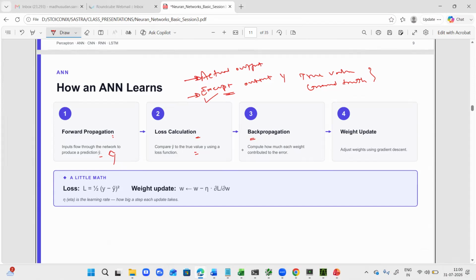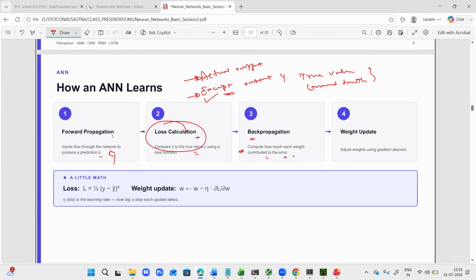That process lets you compute how much each weight has contributed to the overall error. This last calculation gives you the error, so now you have to know how much each weight has contributed to the error that you are seeing, right? That's the process called